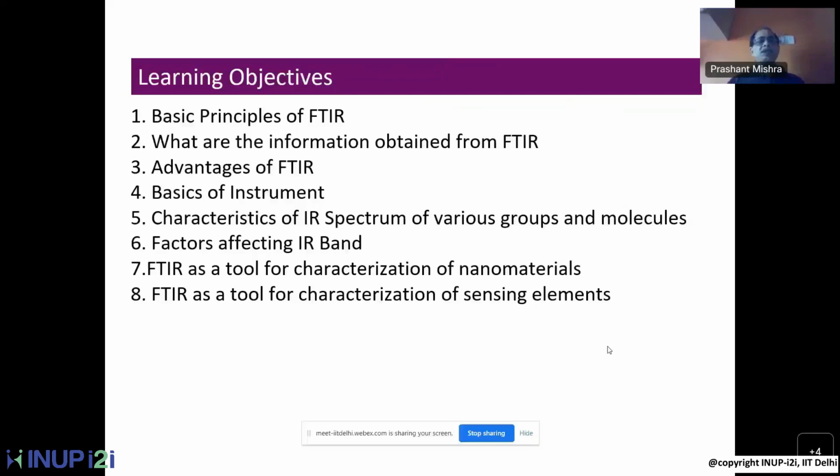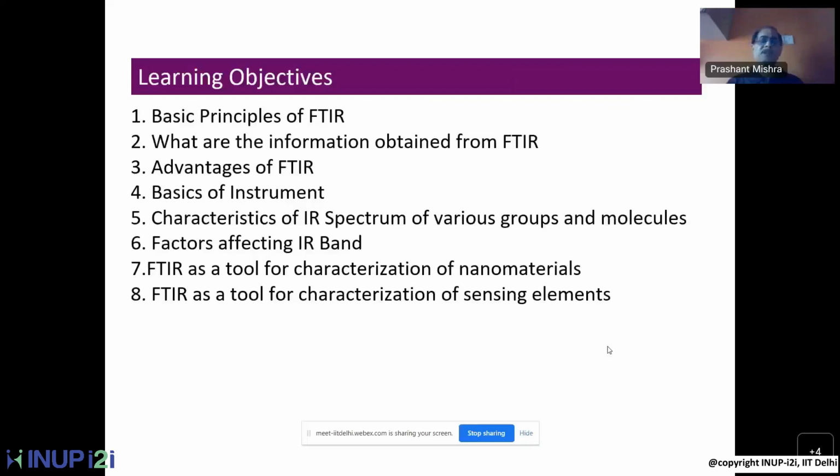Then you will also learn about the characteristics of the IR spectrum. So you will get to know how to analyze your spectrum, and what changes this IR spectrum. And then we are also going to talk about factors which are affecting the IR band. The next thing we are going to talk about is FTIR as a tool for characterization of nanomaterials. This is one thing which is very important. That is why you are attending this